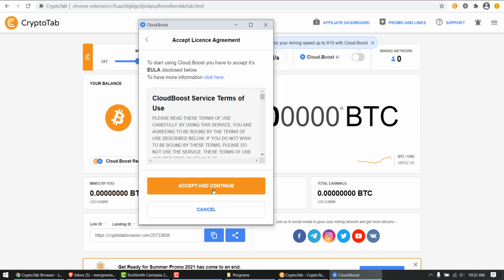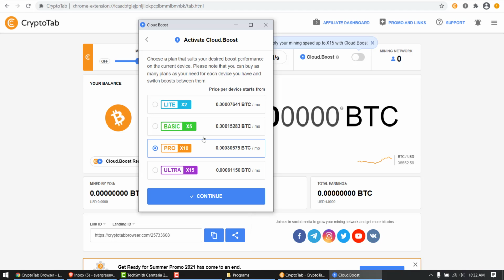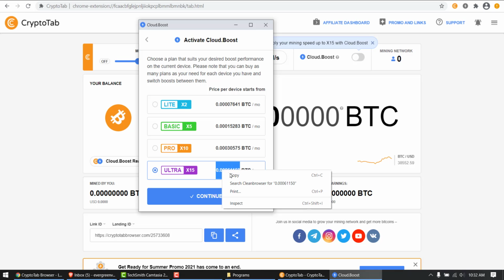So if I activate, yes, accept. Right, so these are their monthly prices. If I want to double the speed of my hardware, I can choose this X5, X10, X15. So let's see how much it is in USD. If I'm interested in X15, I want my earning 15 times more than my current hardware. I will get the rate.